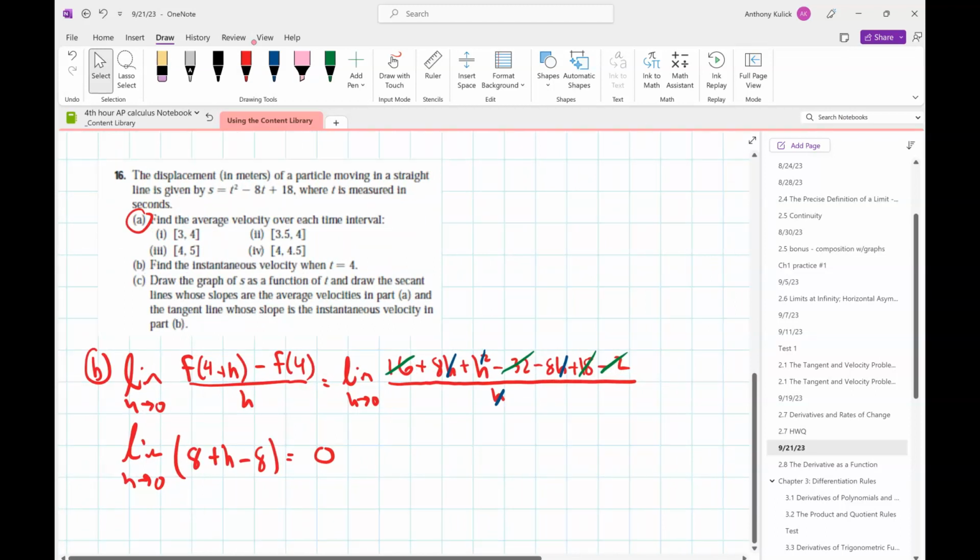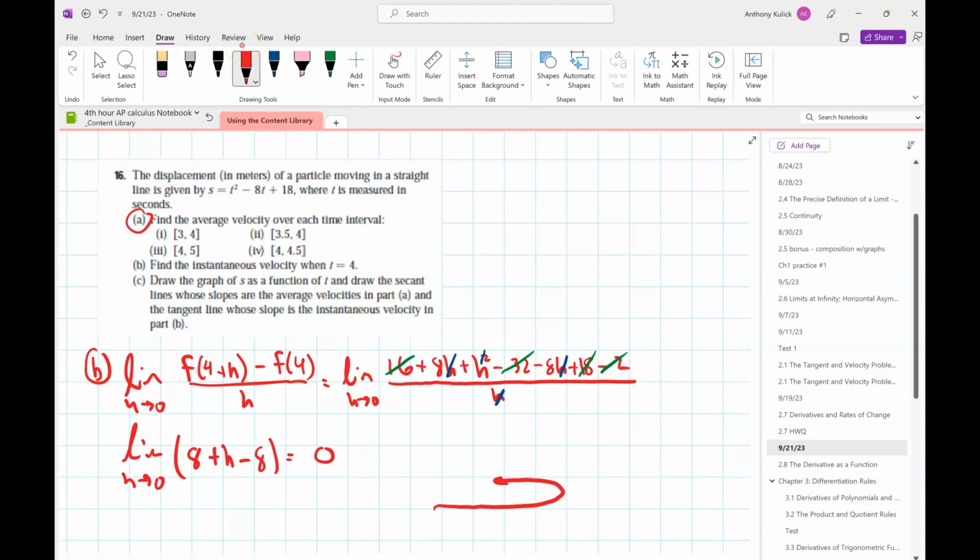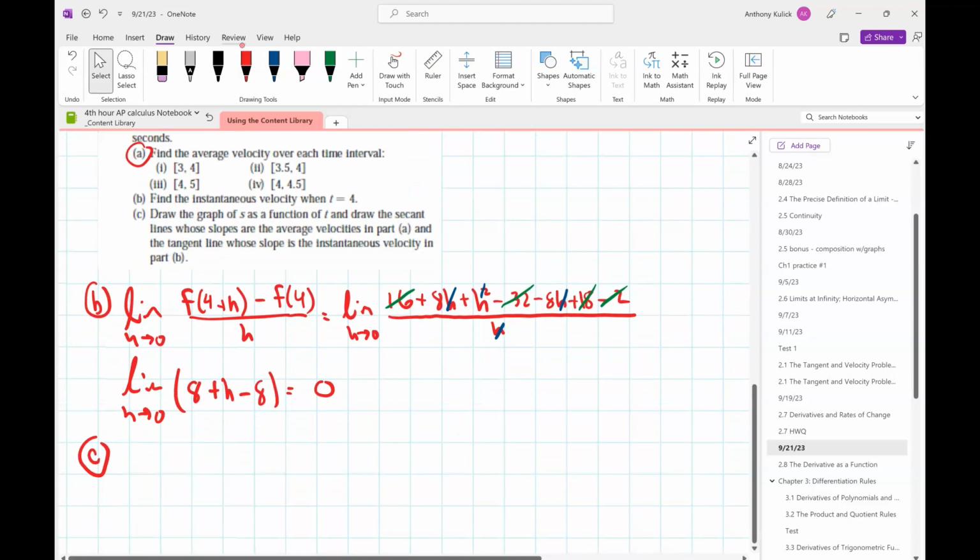So what's that mean? It's staying still. Right. Or if it's moving, it's changing direction from forward to backward, since it says it's moving in a straight line. Could be standing still, or it could just be in the process of changing from forward to backwards, or up to down, down to up, right to left, left to right. Could be one of those spots. So that's certainly possible. And then part C says to draw the graph of S as a function of t